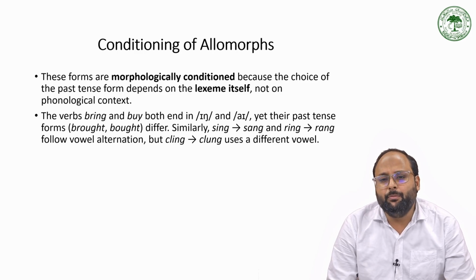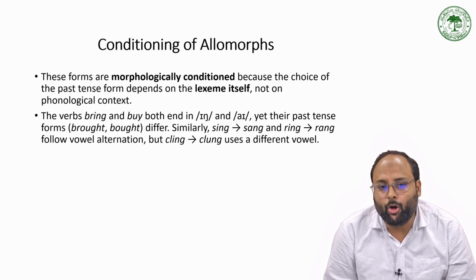This change can only be understood by the lexeme itself, not by the phonological condition of that particular word. For example, the verbs bring and buy both end in ing and i respectively, yet their past tense forms, brought and bought,